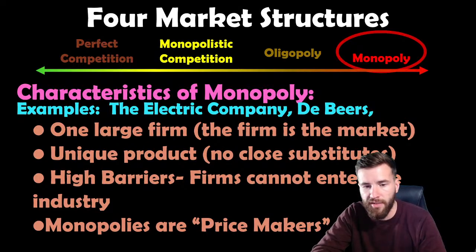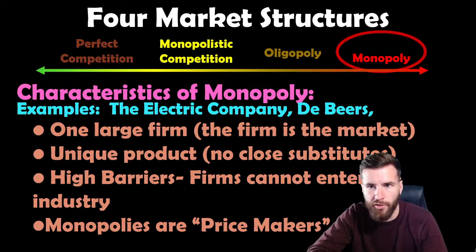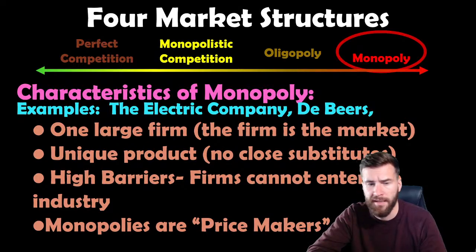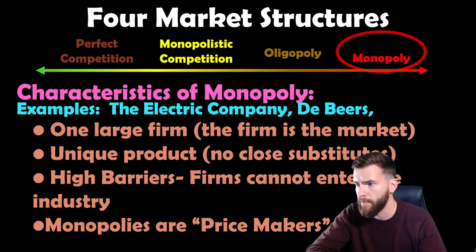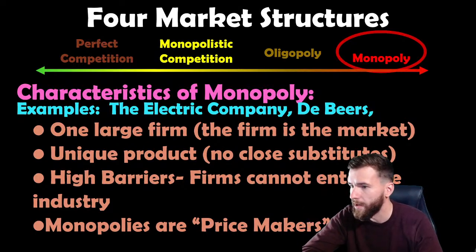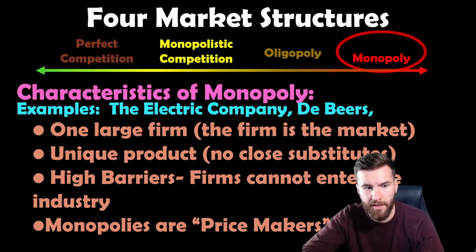And then monopolies are price makers. Monopolies are totally price makers. They come up with the price, and if you want the good, you've got to pay the price. Now, there's still a demand curve. So I think on your sheet it says, will monopolies advertise? Monopolies still will advertise. Even though they're not competing against anybody, there's still a demand curve. In order to get you to want to buy diamonds, even though there's no one else to buy diamonds from, they've got to convince you that buying a diamond is the only way to get married. De Beers was really good at that. It was one of the greatest marketing schemes of all time. But monopolies are price makers.